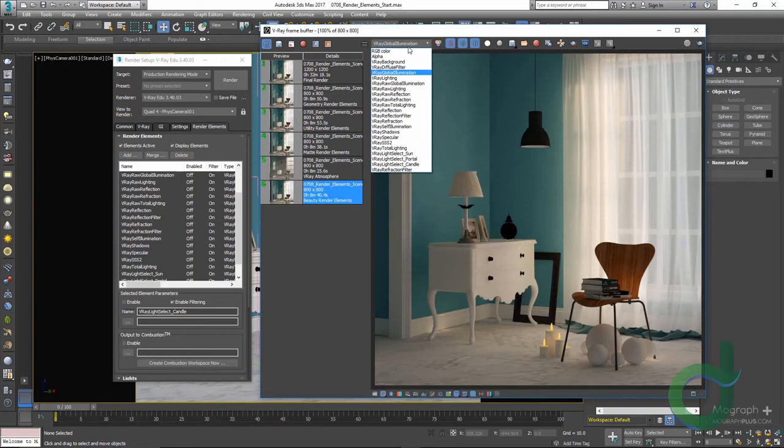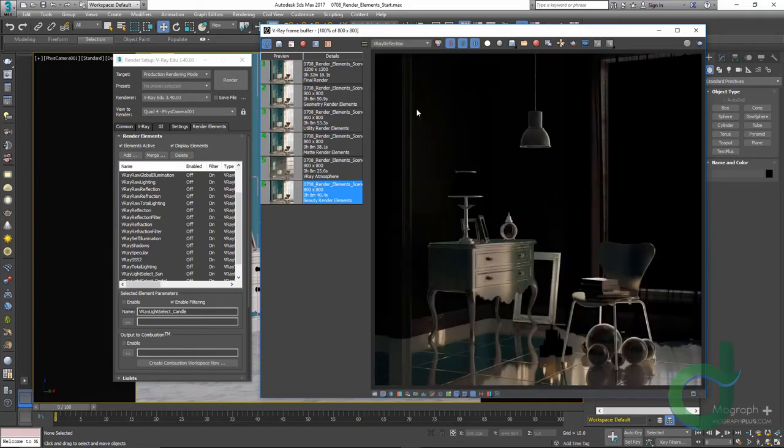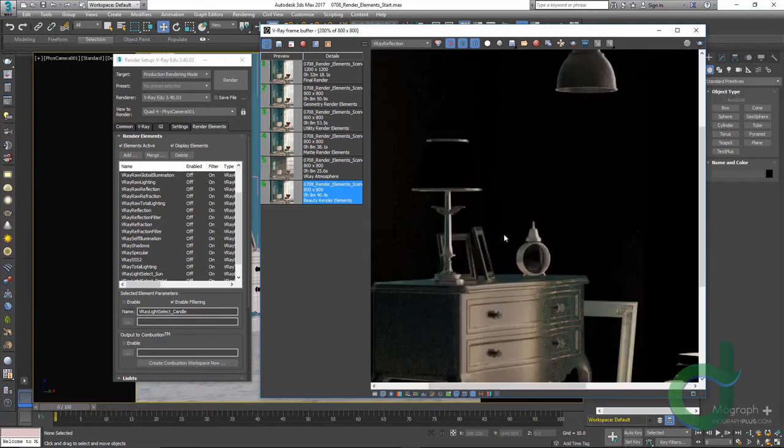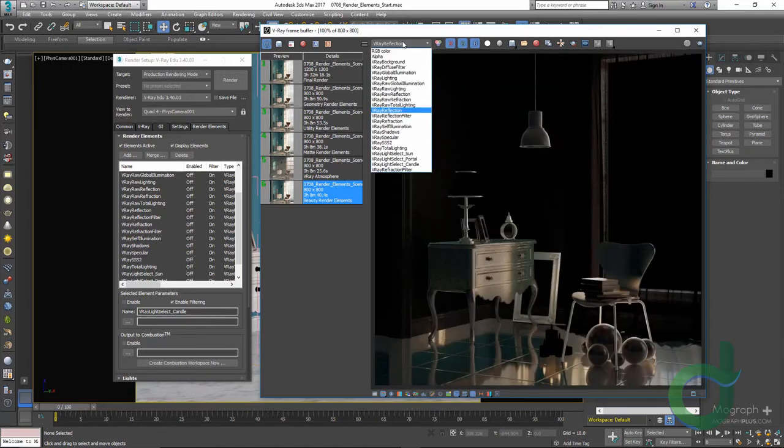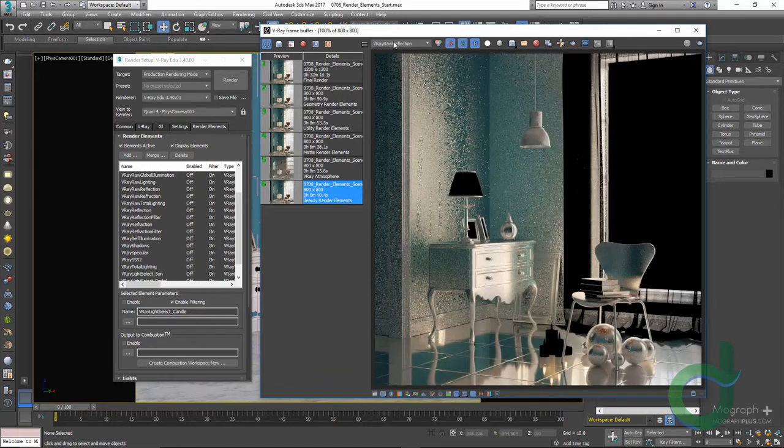Next we have the reflection render element, and in this element we have the reflection information calculated from the material's reflection values in the scene. You can use this pass to increase or decrease object reflectivity in the compositing. The reflection render element is formed by multiplying the V-Ray raw reflection render element by the V-Ray reflection filter render